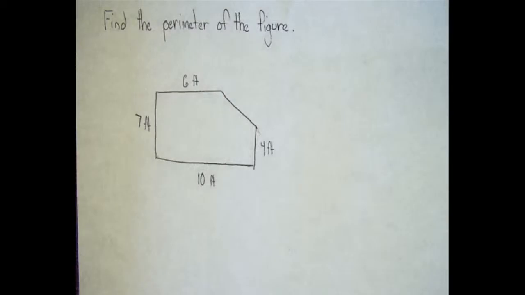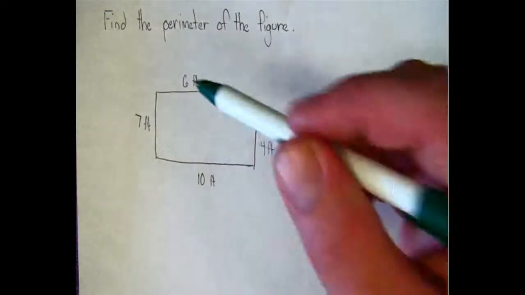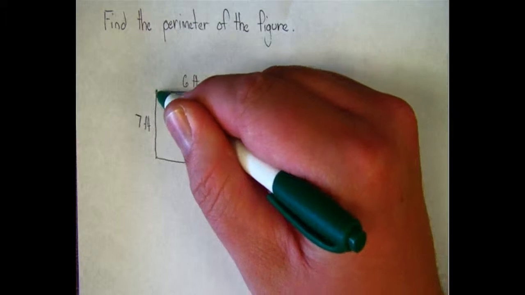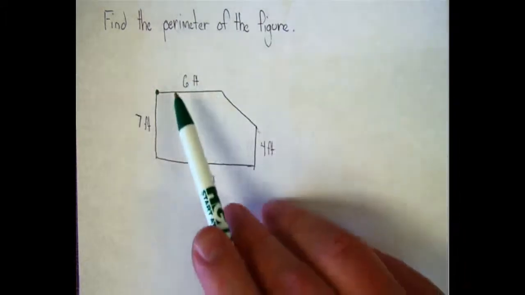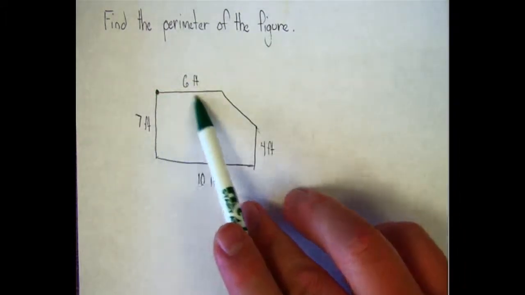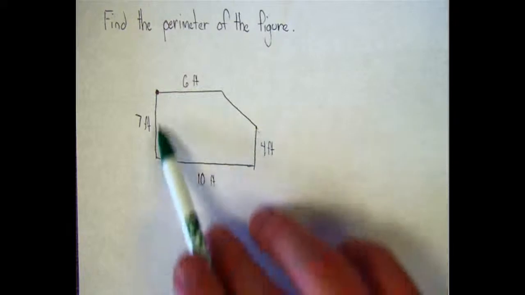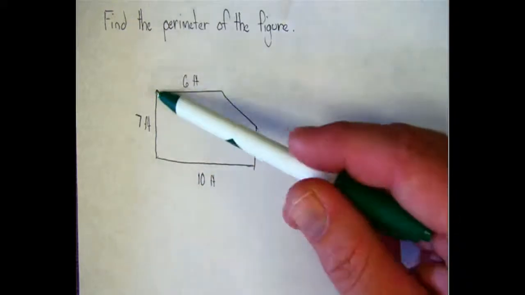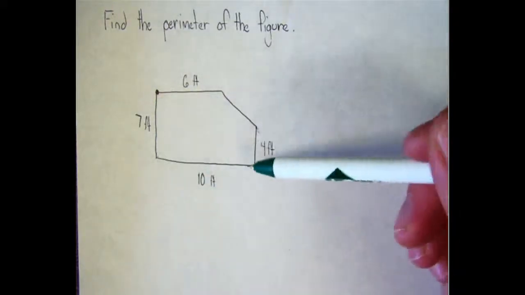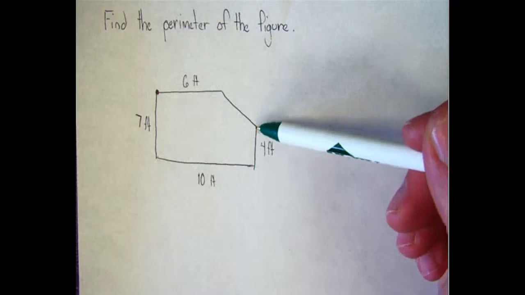Find the perimeter of the figure. So to find the perimeter of a figure, all you have to do is start from one point on there and just add up the distances that you travel all around it. So here we would add 7 plus 10 plus 4 plus